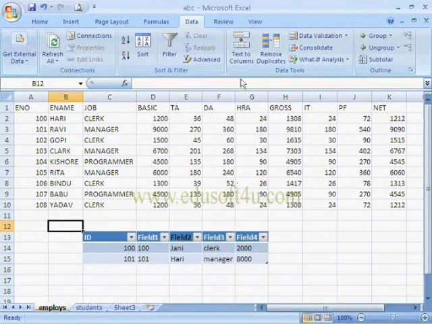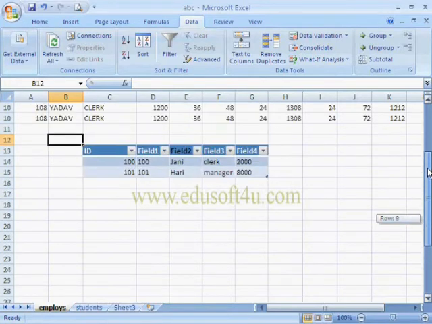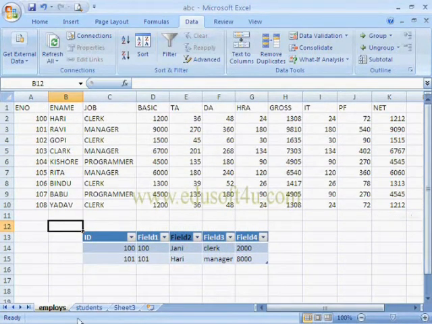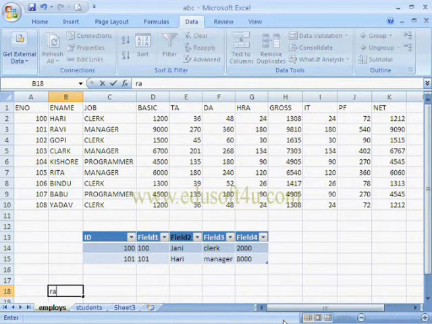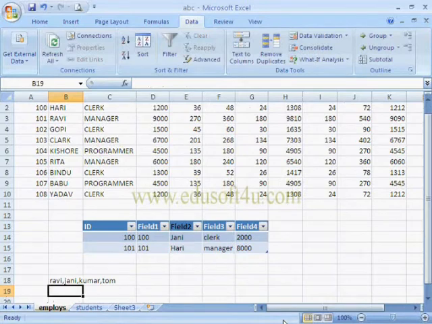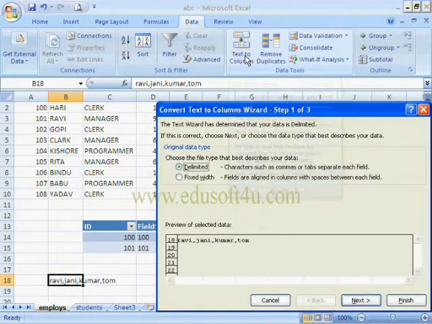Here we have an option Text to columns. Suppose if we give data continuously by giving delimiters between them, for example, Ravi, Johnny, Kumar, Tom, and if we want to place these names in each cell, then we have to click on the option Text to columns.